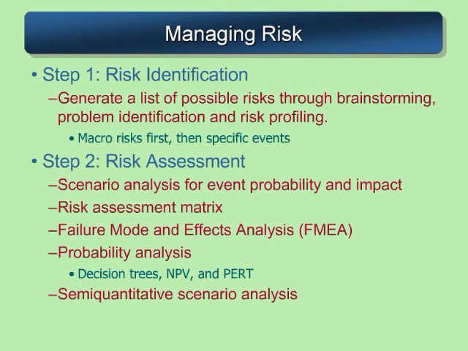After step one becomes our risk assessment, step two, and there's lots of ways to do the assessment. We can take a look at the scenarios, maybe through a questionnaire. Maybe we get a little more detailed and come up with a way to put probability and impact values on. Maybe even to the point where we've got a matrix that we can create that assesses the risk. We can use things like failure mode and effect analysis, which is a way of coming up with a quantifiable number to force rank our risk events to figure out which ones need the most management.